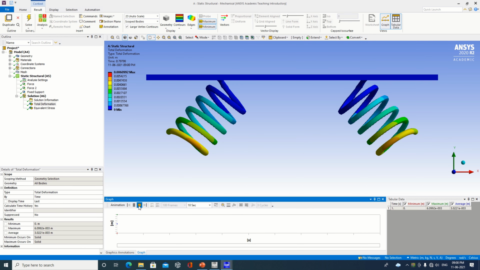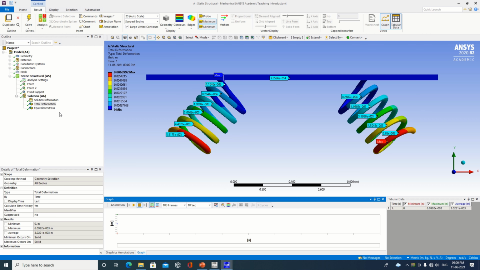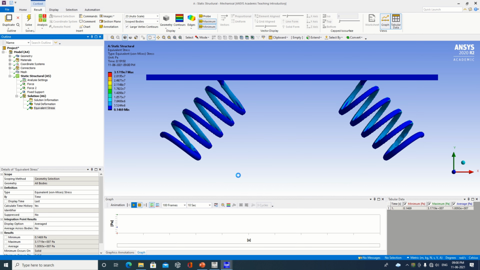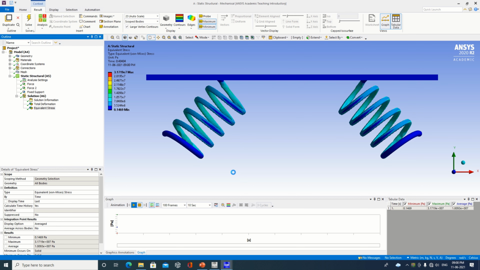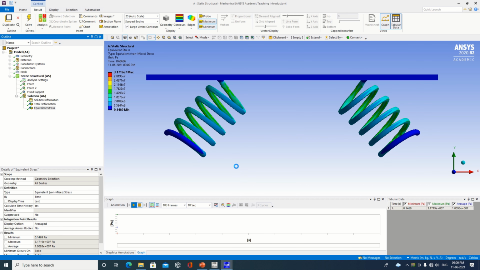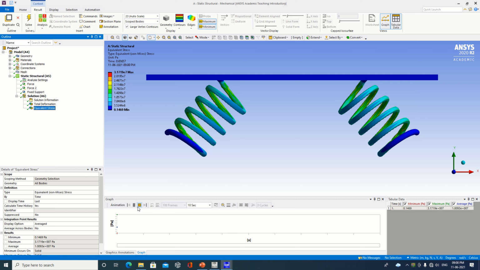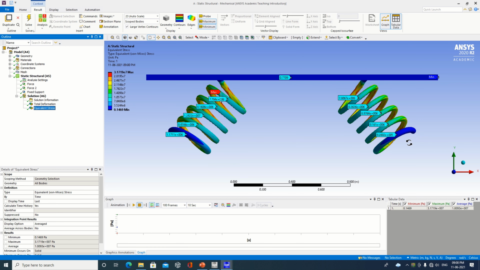Yes, there are. Same way I am going for stress. Check out one more time whether the stress concentration is there. Are any red zones available or not? You just check it out. You can see here. Okay, we'll stop this. Now you can check out all these values. So I have shown the probe also. I have shown the maximum and minimum values also. So in this way you can do the static structural analysis of an inclined coil spring.